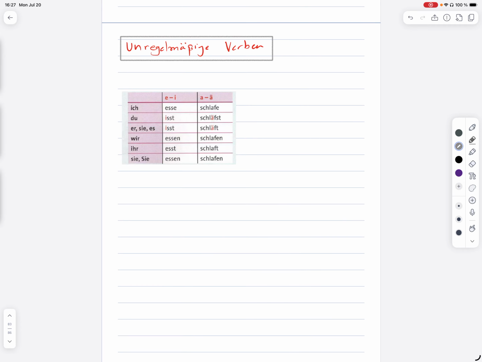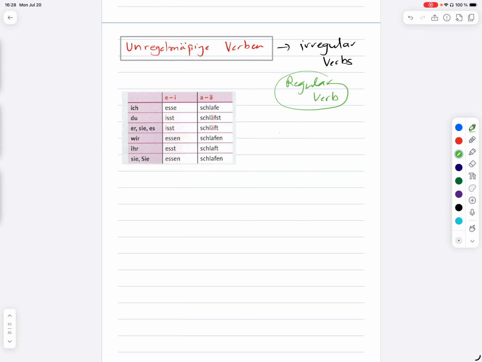Hello everyone. So today we will look at the irregular verbs in German, which is also called Unregelmäßige Verben, which is irregular verbs. So most of the verbs in German are regular verbs, and these regular verbs have the rules of conjugation. For example, suppose we have a verb